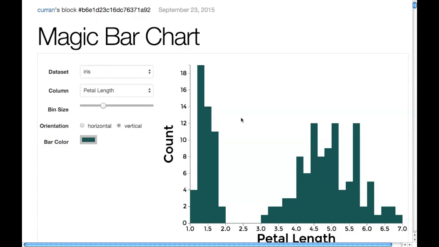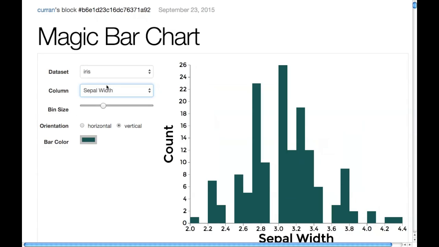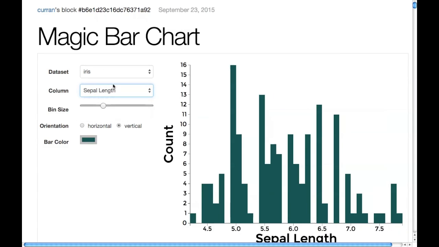And then you can apply the same idea to a bar chart, where the bar chart could be interactively configurable. So rather than writing code to explore the data, you can use HTML forms like this. So this is a user interface built with Angular, and each time I change it, it feeds in a new configuration to the visualization. So this is the iris data set fed into a binning